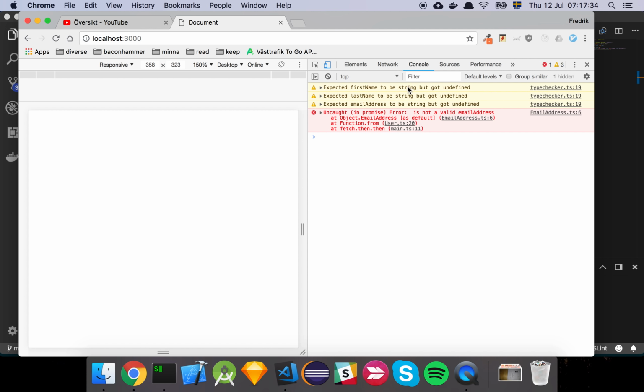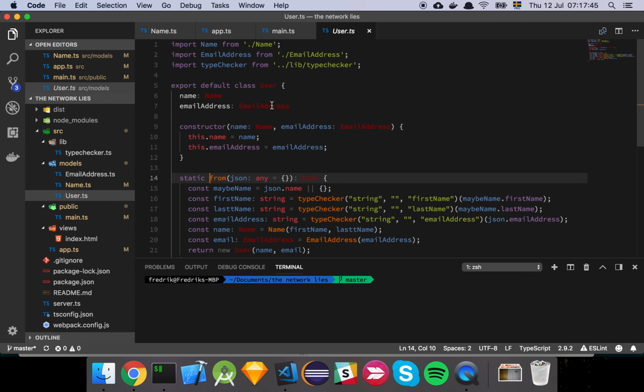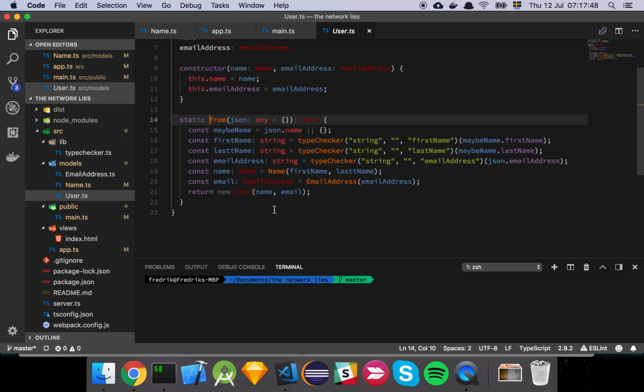So here we have something that is okay. It's called type checker, and it's logging out some information, and there's even an error here. So let's go through that for a moment. So user.from. Now what is this? Well, what I like to do is declare a parser or a function of some sort that is responsible, or at least a step that is responsible, for taking the response from the server on my client and parsing that into the model that I expect to be using for the rest of the execution of the program. Think of it as serializing on the server in a typed language, where the